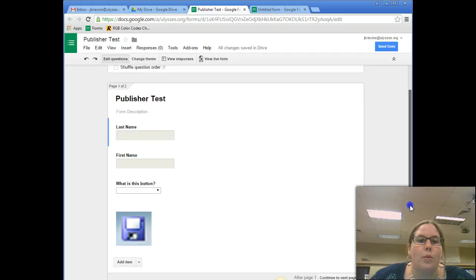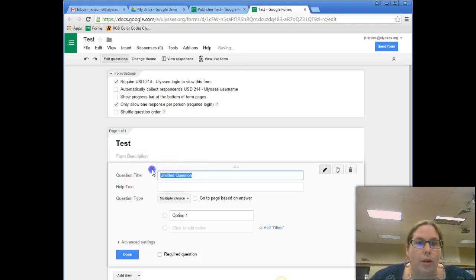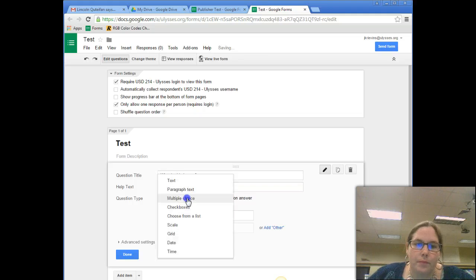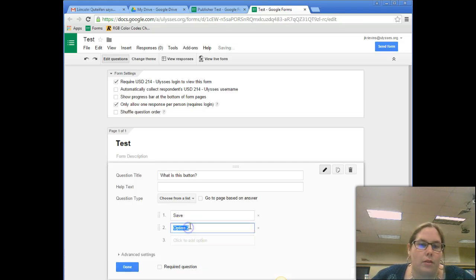Then what I did was, if I switch back to the untitled form, like you're working in, if I wanted to do a test, it's going to give you this option for a question title, or what is your question? So my question is, what is this button? And if I want it to be matching, the best way to do matching is to choose from a list. So then you can put option 1, 2,